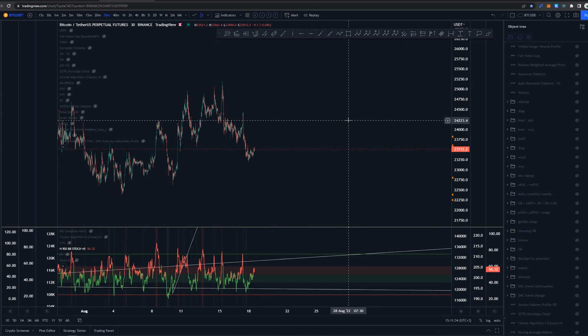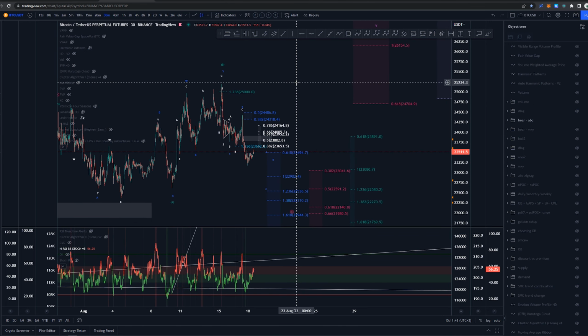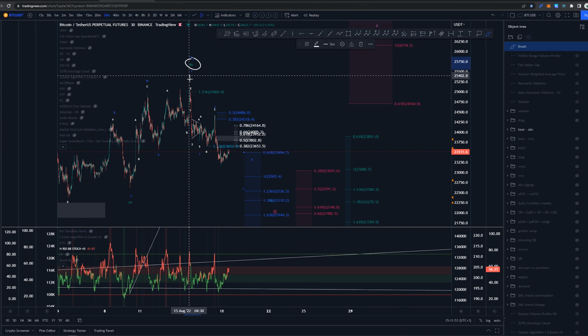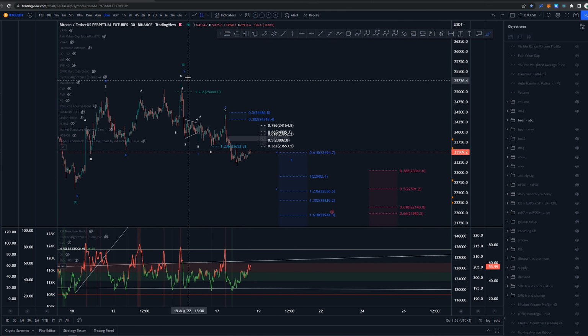Starting here on 30-minute and focusing today on this current structure that we're having, as it offers some local possibilities for another trade setup. Here I have different setups. This is the main one that I'm going to be presenting to you today. In higher time frame, again, this is the B wave up top, and then we would be looking for C